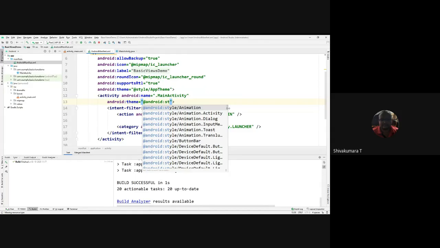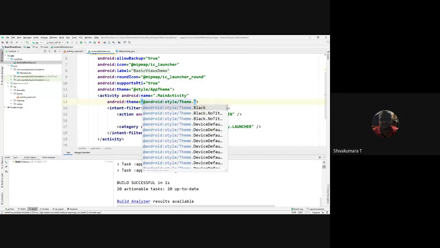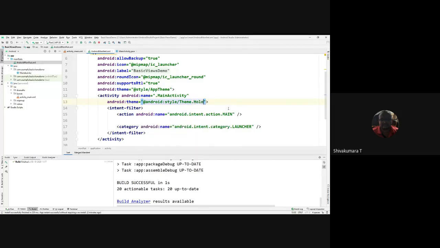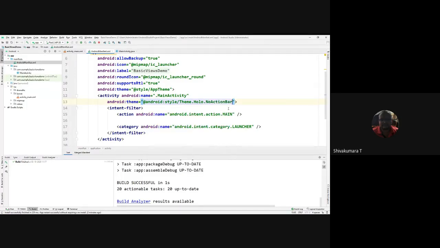Style, style slash theme dot holo dot no action bar, okay.